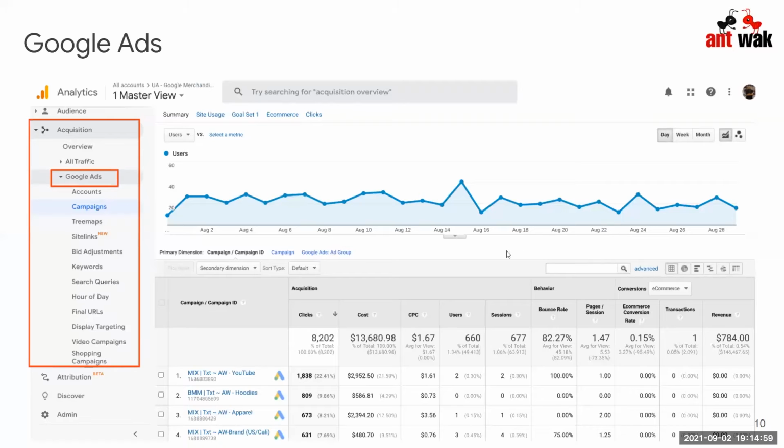Then come the Google Ads. If you're also running Google Ads campaigns, you can get all the Google Ads traffic data in the Google Analytics account. All the information and traffic data will be reported in the Google Ads section. For the data to appear, however, you'll first have to make sure that both the Google Ads account and the GA account are connected with each other. It is highly recommended that you do that because once you connect both accounts, you'll be able to analyze visitor activity on your website, like what they do after they click. This gives you even more insights into what you should be doing to produce even better results.